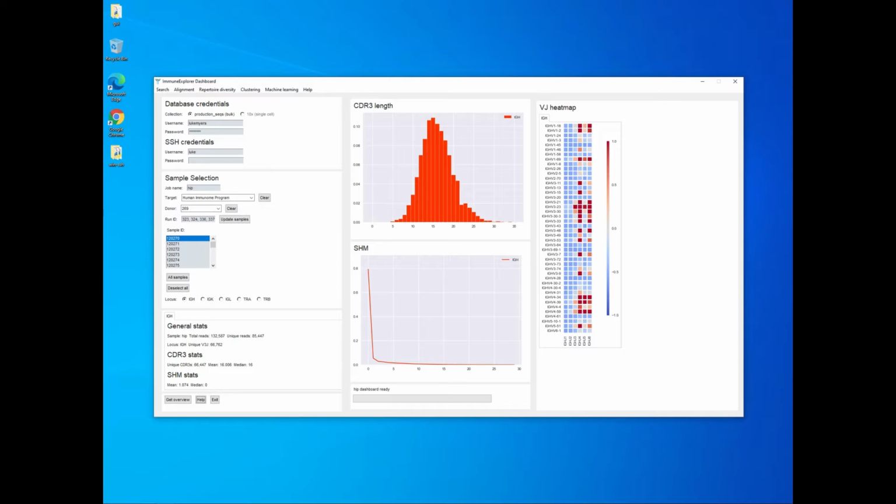ImmuneExplorer is a gateway to SEEQ, the Crow Labs next-gen sequencing database, and a set of bioinformatics tools for BCR and TCR sequences. In this video, we're going to be taking a look at the Summary Statistics dashboard, which is the first window that you see when you launch the program. As you can see, I've already gone ahead and run the dashboard job,